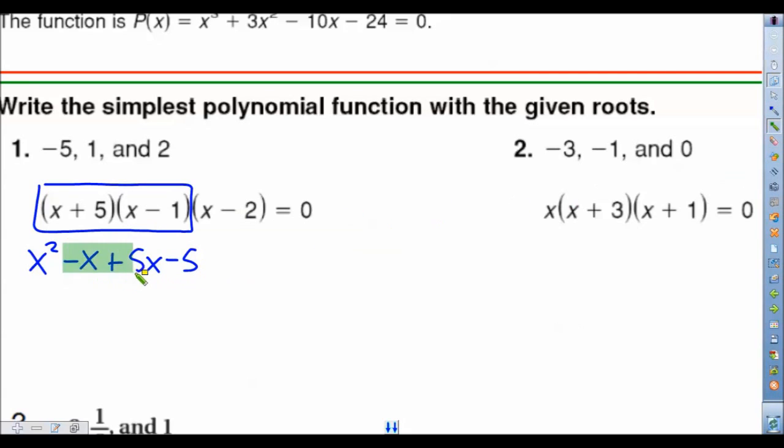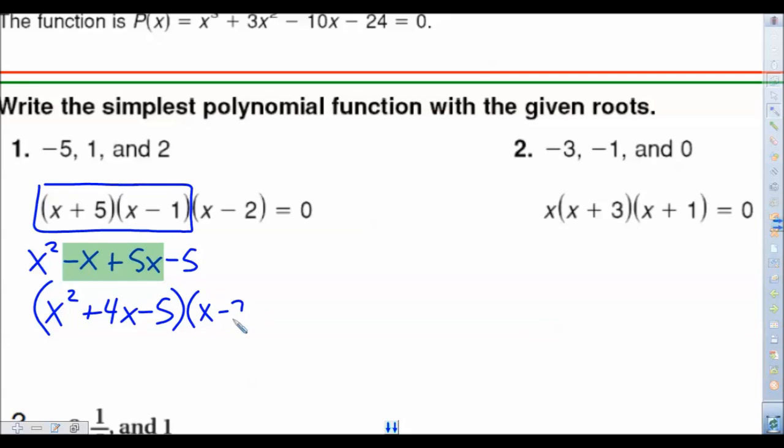Simplifying here with those like terms, negative 1 plus 5, we arrive now at a trinomial, negative 1 plus 5 gives us positive 4x minus 5. Now it's time to introduce x minus 2 into the party. Now it's time to multiply by one more factor, and the trick to doing that is using the distributive property